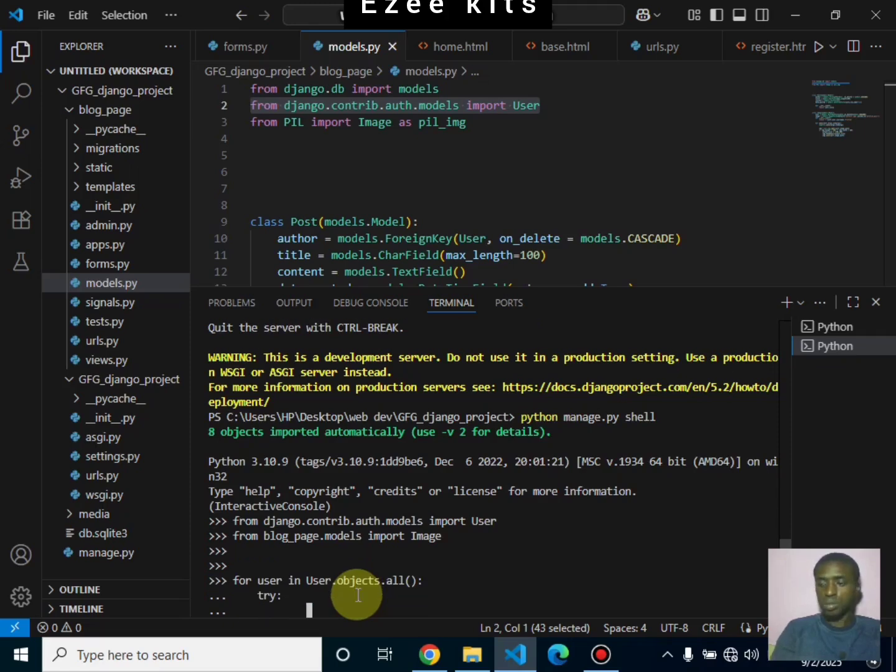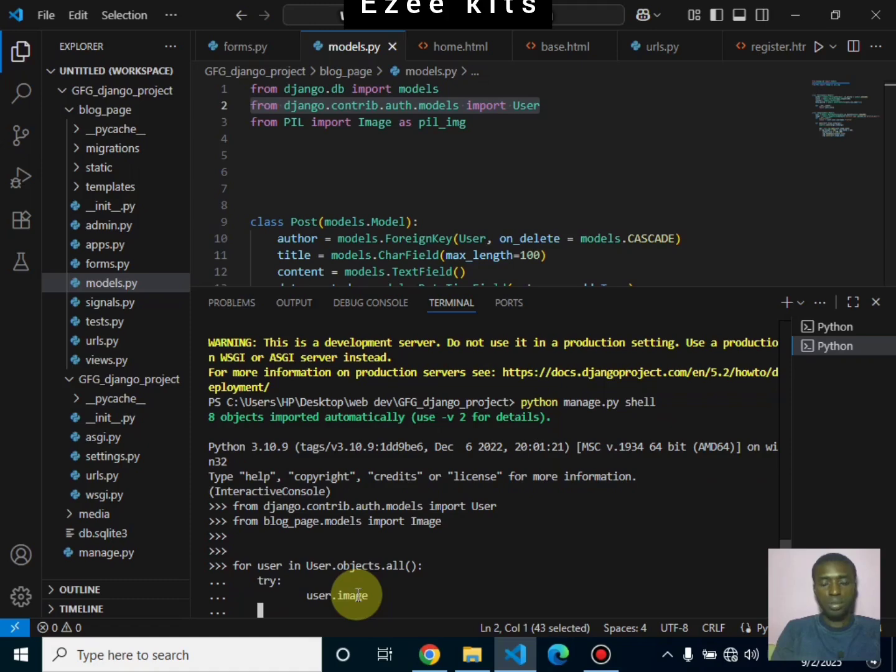So here is going to be try. We're going to say user.image, inside the image, try to access the related image. Then after that, we're going to do the except. So if the user doesn't have any image, we're going to catch an error. The error we're going to set is that the image does